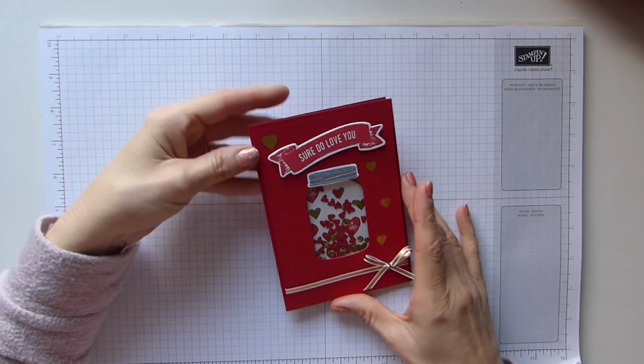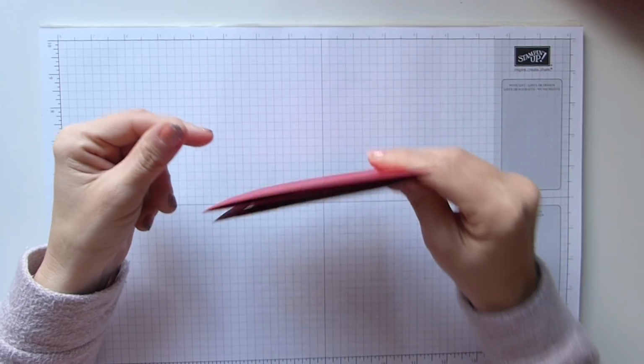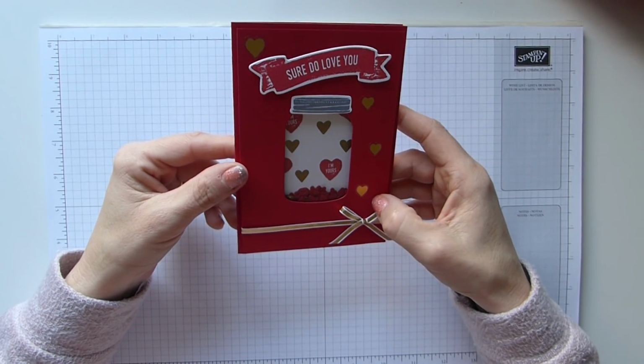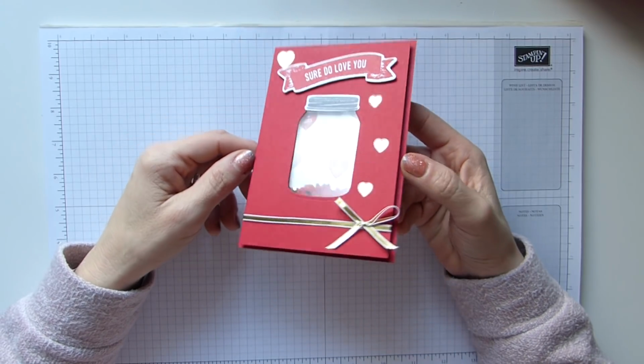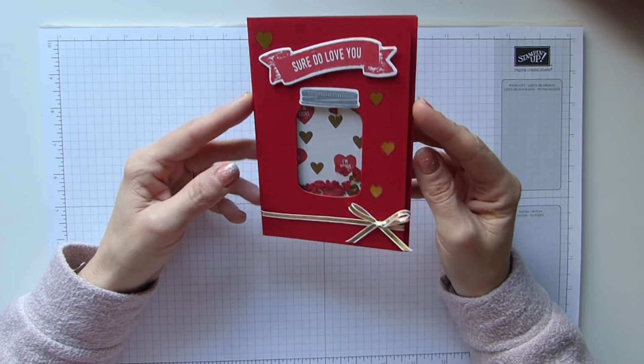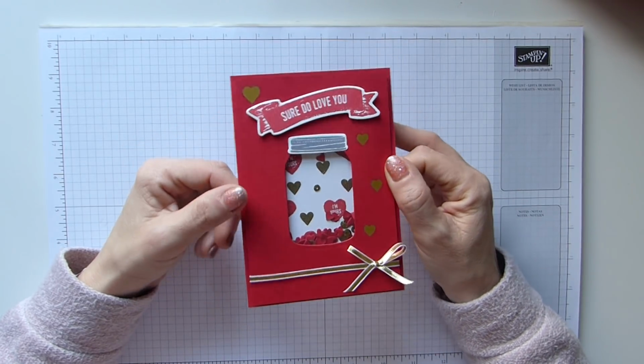Today I'm bringing you a Valentine shaker card. There are two reasons for me bringing you a shaker card today. One is obviously because we're coming up to Valentine's and it's really nice sometimes to make your own Valentine's card and just have that special touch to your card, a more thoughtful card than just nipping to the